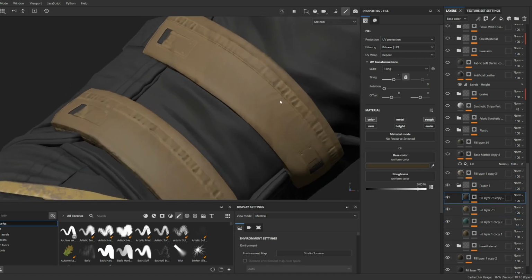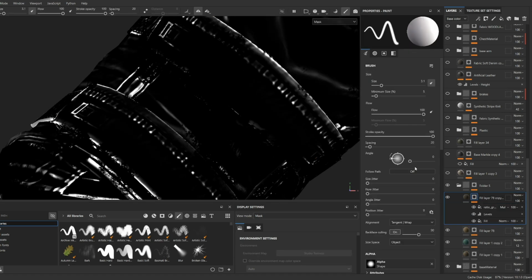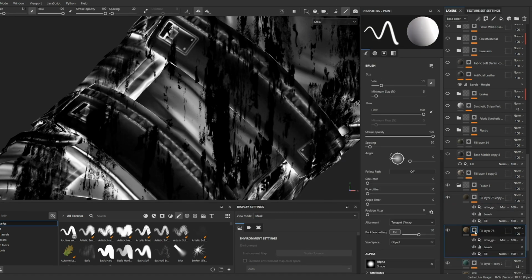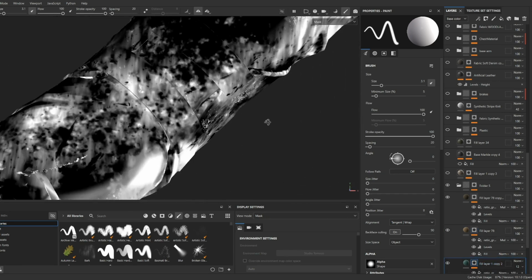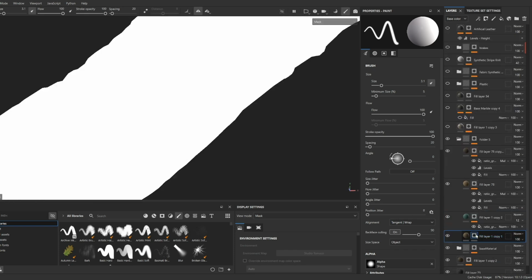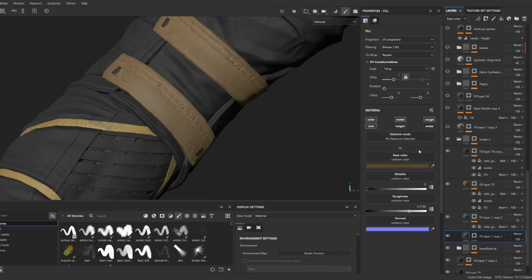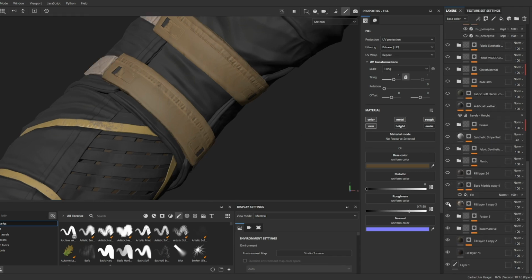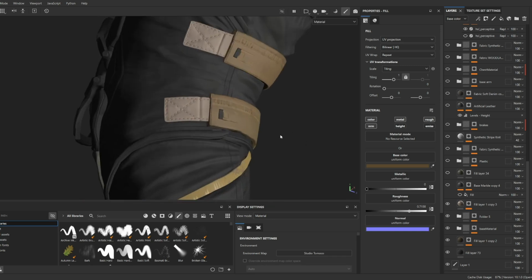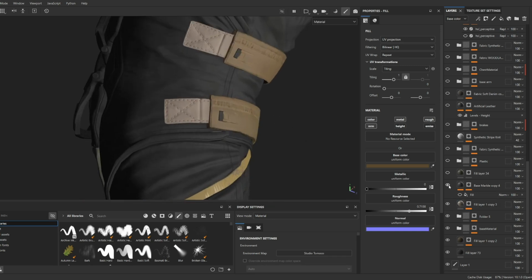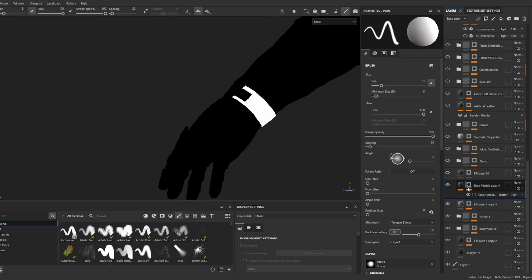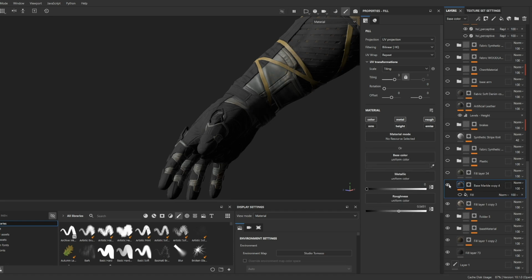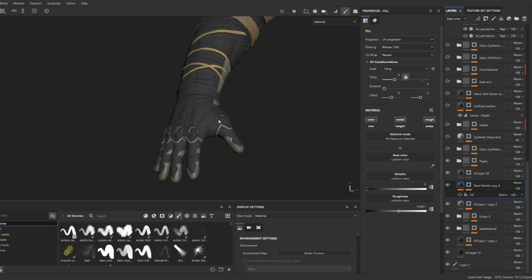Okay, to have the edges more grunge, some color variation over the base. That is this one. Okay, more basic color material, more basic color material. Okay, more, and then if I'm not wrong,